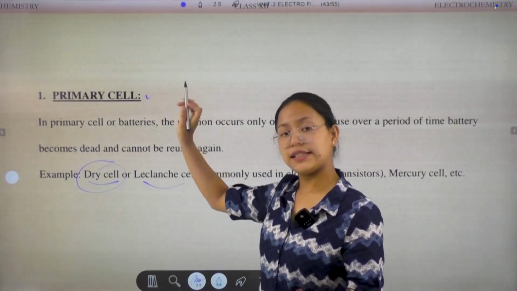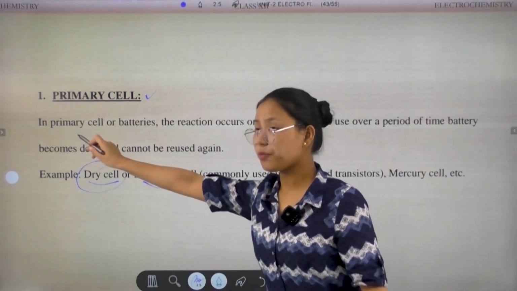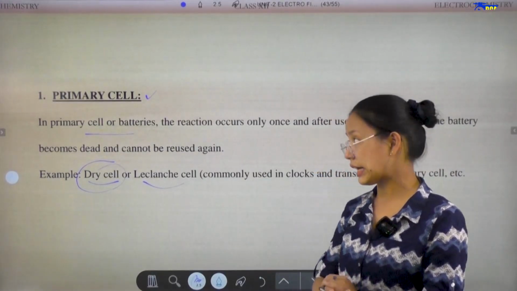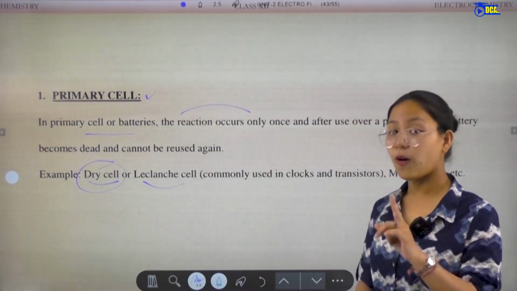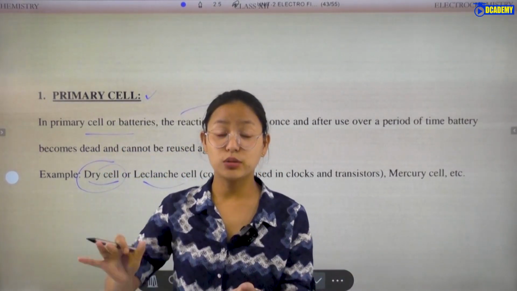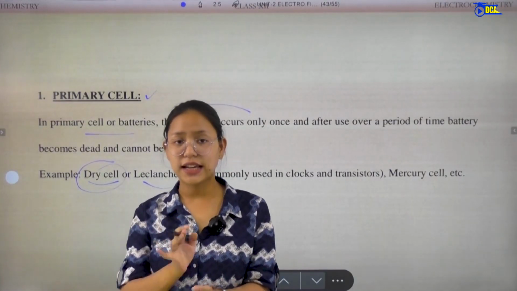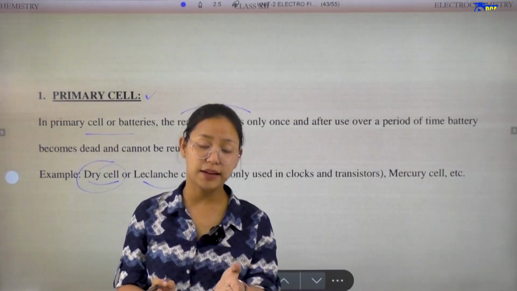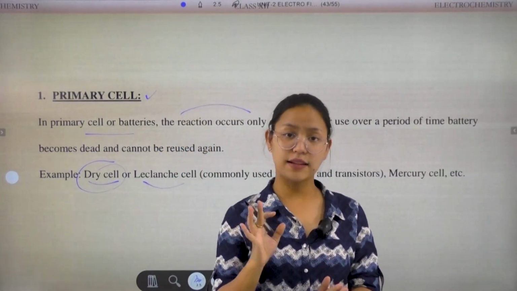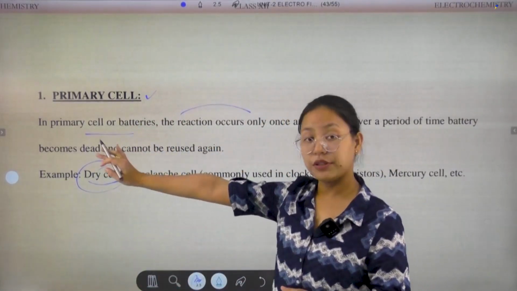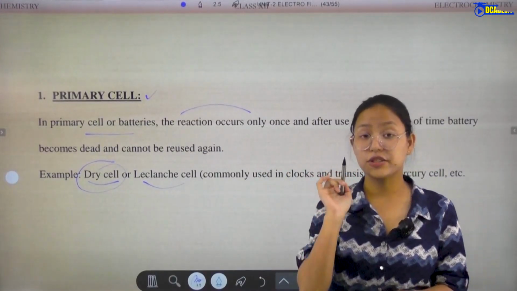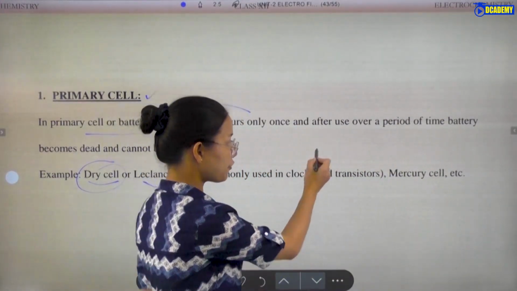So here in primary cells or batteries, the reaction occurs only once. When the battery is used up, we do not use it again, we discard it. So in primary cells or batteries the reaction occurs only once, and after use over a period of time,